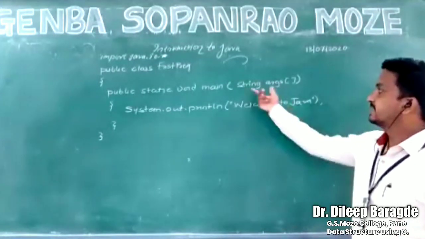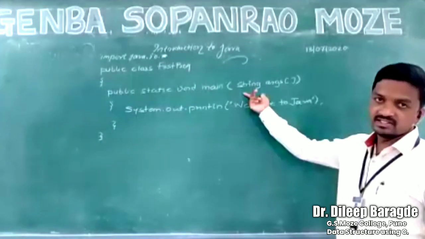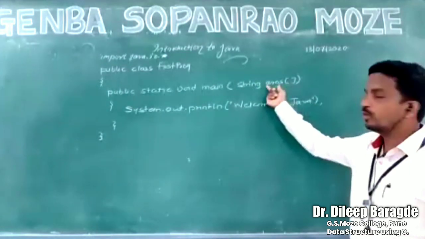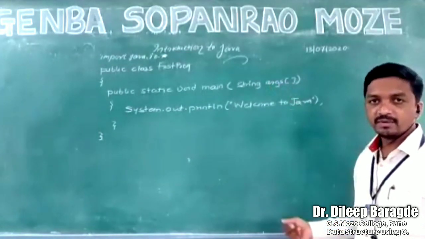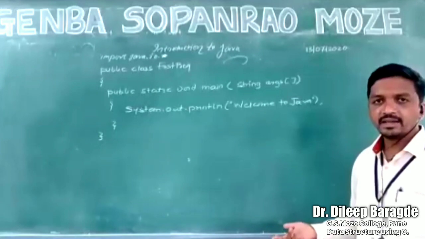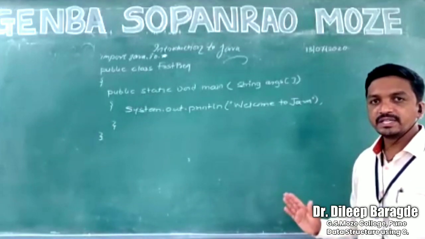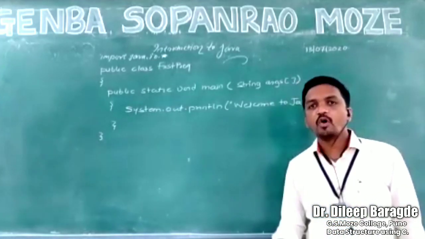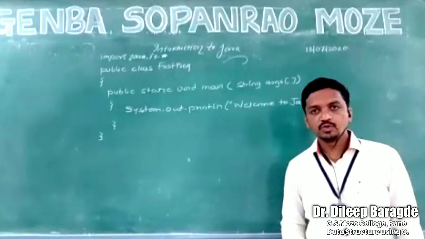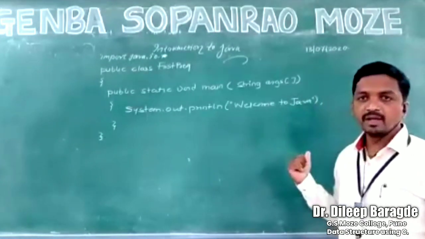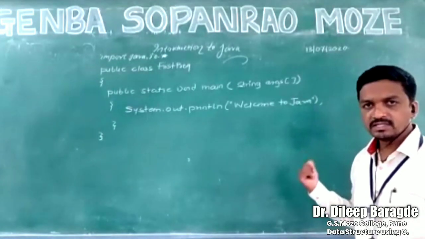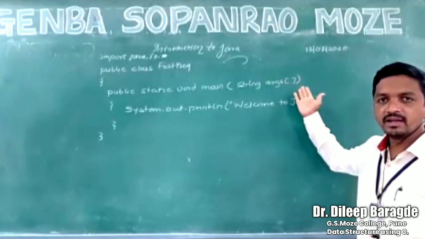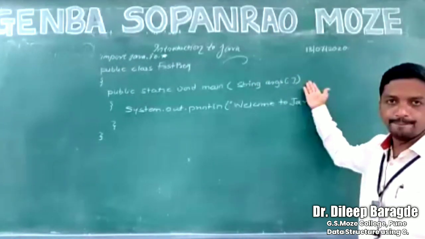The syntax is capital S String. Then about this array symbol, square bracket, we can write it before this variable name or after this variable name. In Java this facility is also there; in C++ we did not write the array symbol like that, but in Java we can declare the square bracket before the name or after the name. Here I have used args, but if you use XYZ in its place it will still work, no issue. But the standard has been followed like this. So that's why String args array.